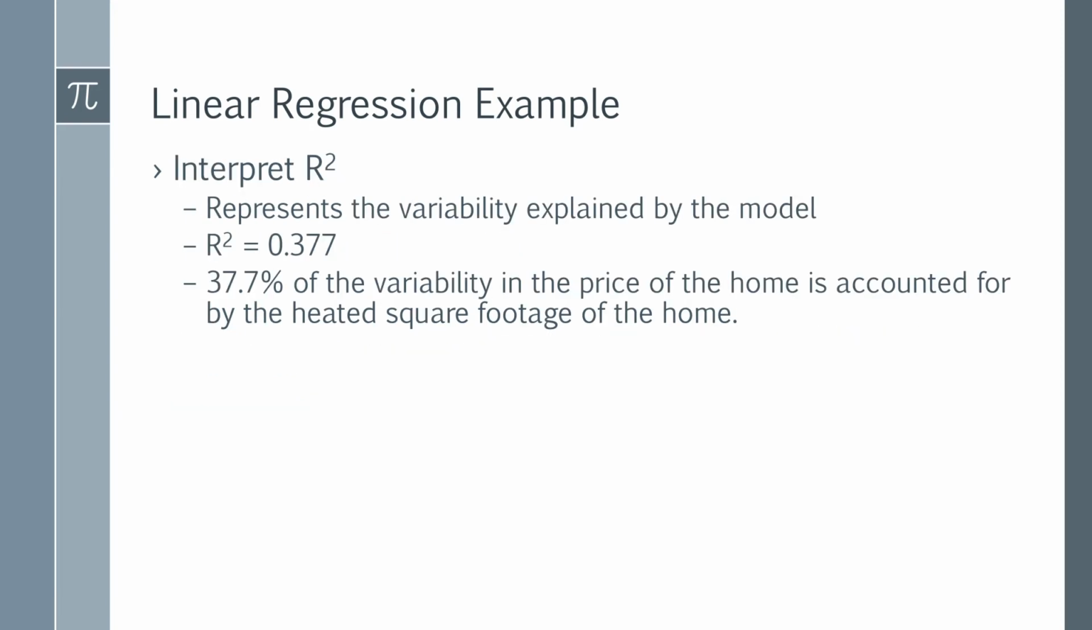So let's look at our r squared. So remember, the r squared represents the variability explained by the model. So for our model, our r squared was equal to 0.377. So what that means is